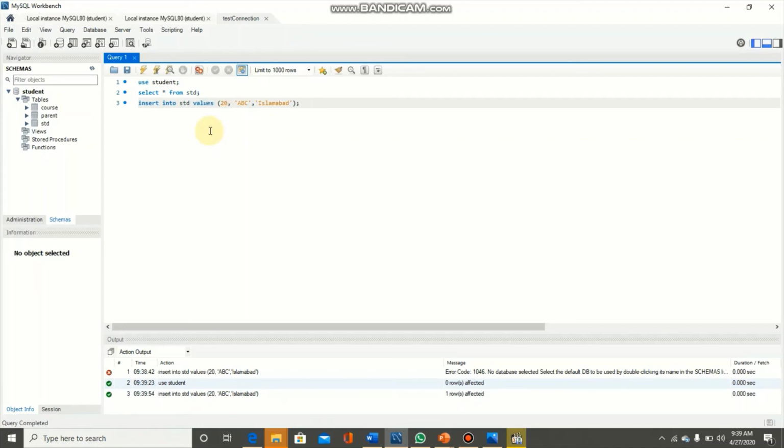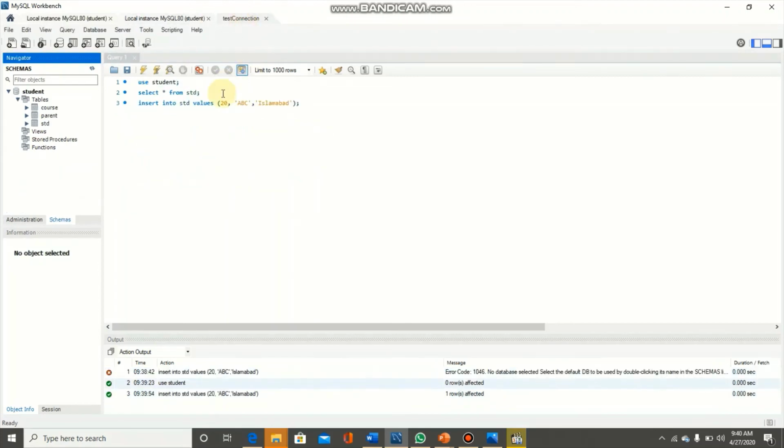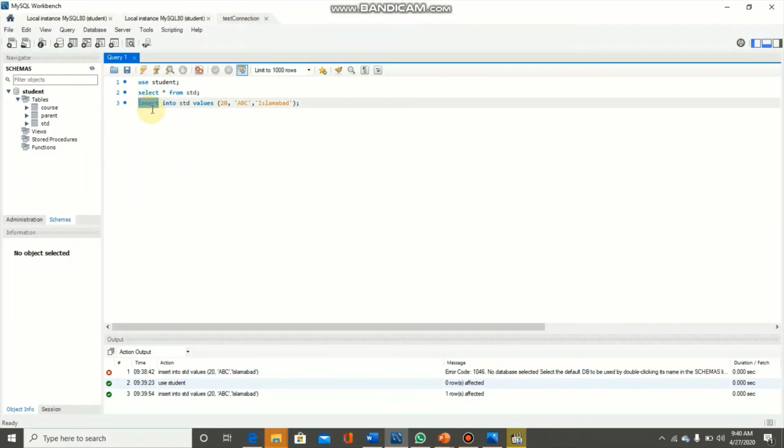Before it was only select, so insert was not working, but when we executed this grant with select and insert, user1 got the privilege for the insert operation. You can also execute this without select, only insert is enough for an insert query. So after that this query worked.